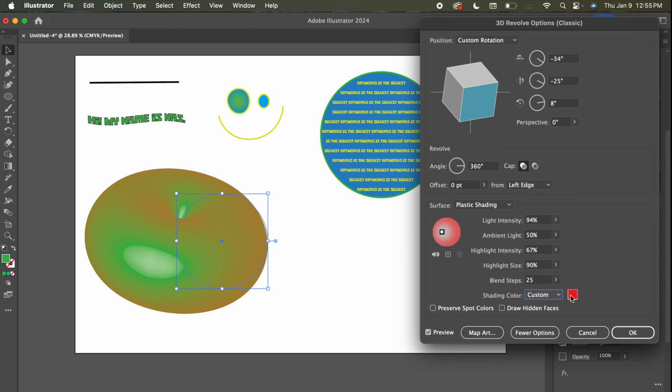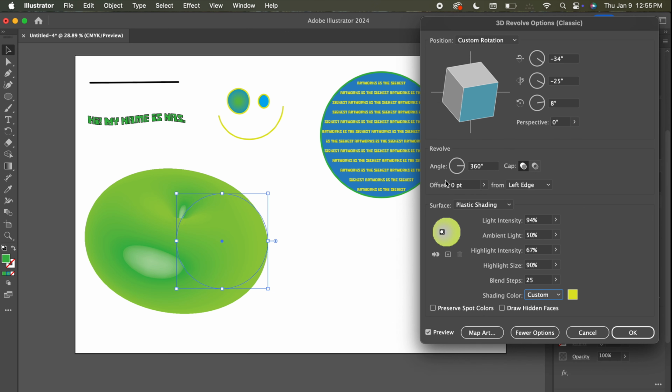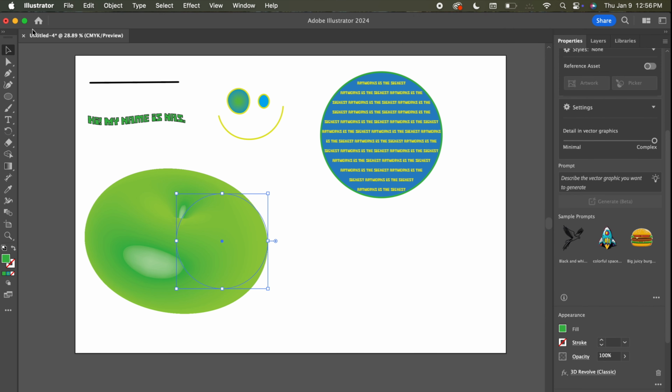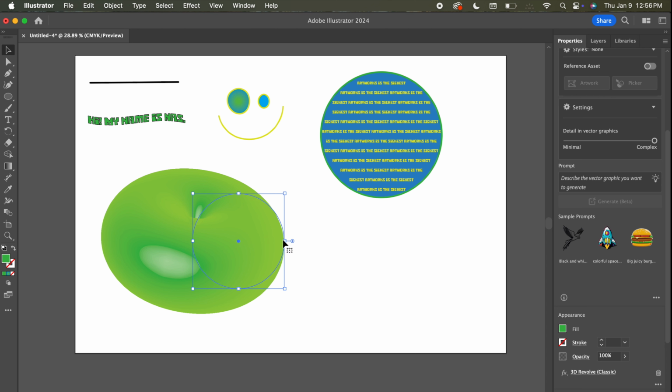So here you got the custom yellow. I love my green on yellows. I don't know what it is. It's super sick to me. So yeah, you got that, and then boom, that looks super sick. So then you go ahead and click that, and then instead of having to go back,